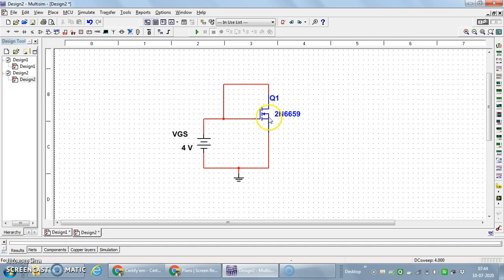This symbol is of the enhancement type MOSFET. This arrow is pointing from substrate towards the channel. So in case of N-channel MOSFET,